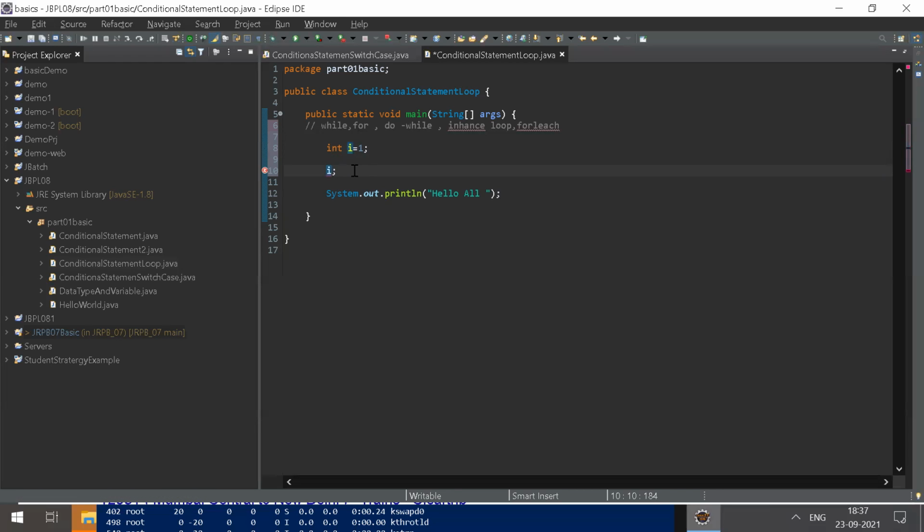So I am writing the loop here. We are doing the while loop first. We have to use while, with parentheses open and close. All conditional statements need the condition inside the parentheses, then the body starts and I am ending the body here.